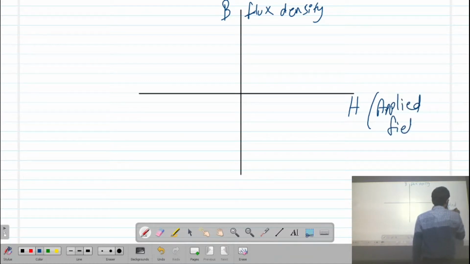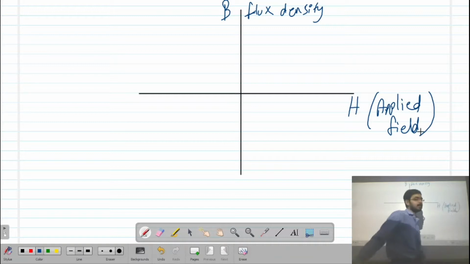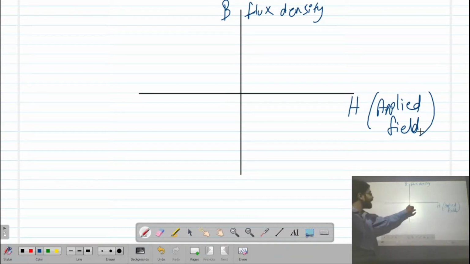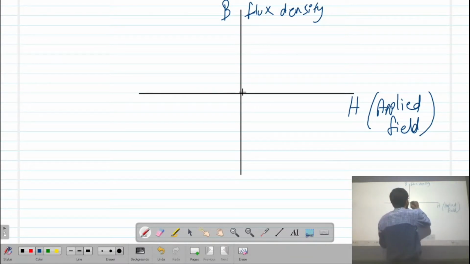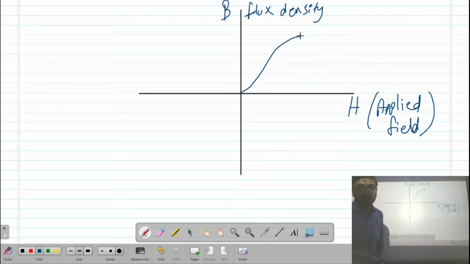This is the applied field. Now for a ferromagnetic material, if you start applying an external magnetic field, then you will find the curve like this.